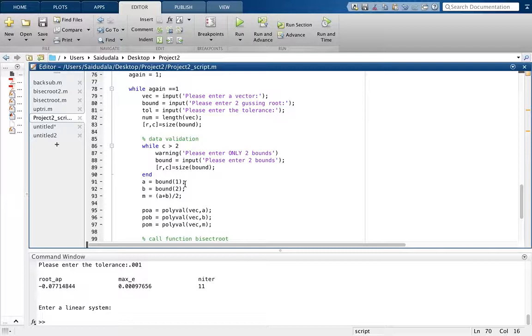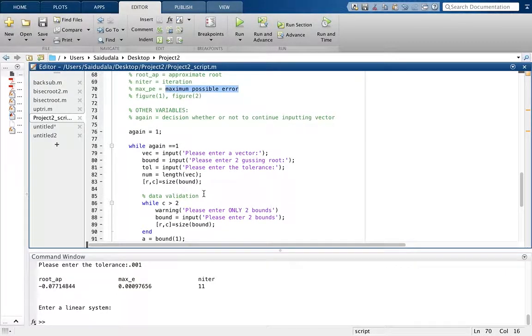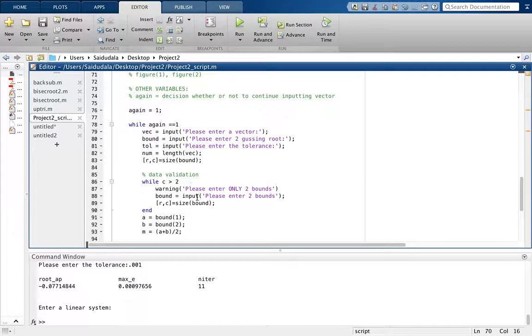The program then checks that the bounds the user has inputted are either both positive or negative. If not, the program will ask the user to enter one positive and one negative. It will also ask the user to input two new bounds if an error was detected in the entering